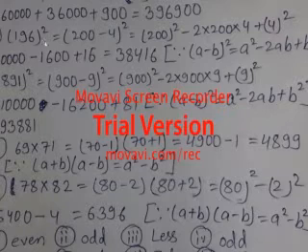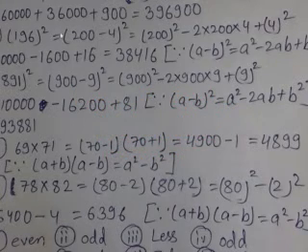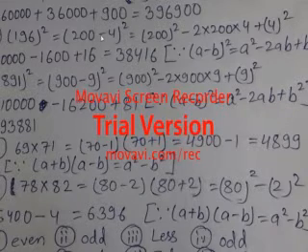If you see, you can write this 196 square also as 197 minus 1 whole square. But in that case 197 into 197 you have to do. But when here you write 200 minus 4, then it becomes easier. 200 square you can simply write as 2 twos are 4 and four zeros.